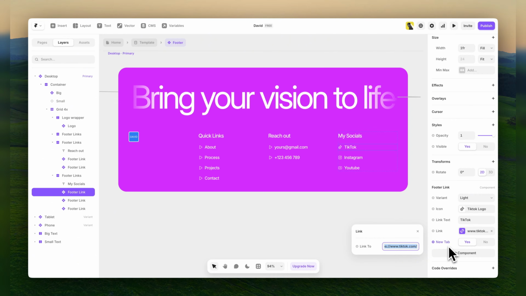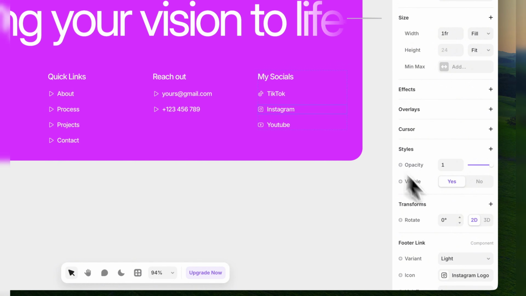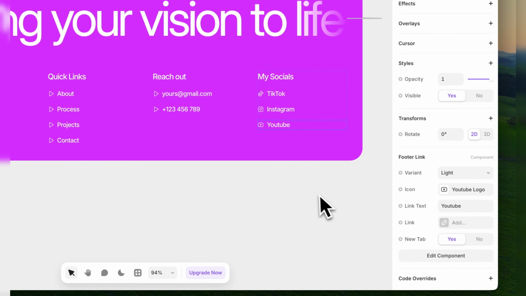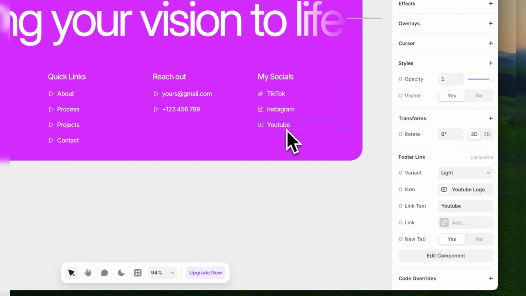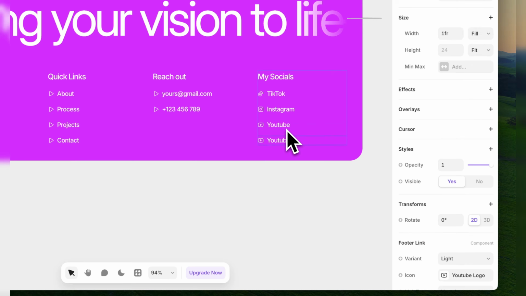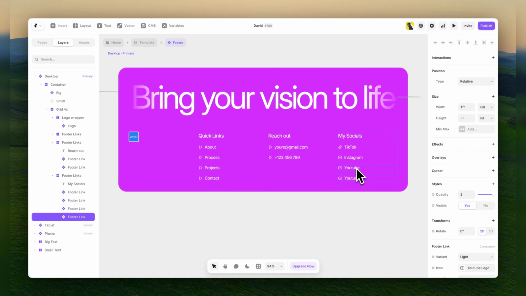You can leave this new tab. You don't necessarily need to adjust it or anything. Instagram, the same thing. YouTube, select it, come back here, the same thing. You can paste your YouTube link over here. Very simple. Now, if you want, maybe you want to add LinkedIn, you can just select this and duplicate,